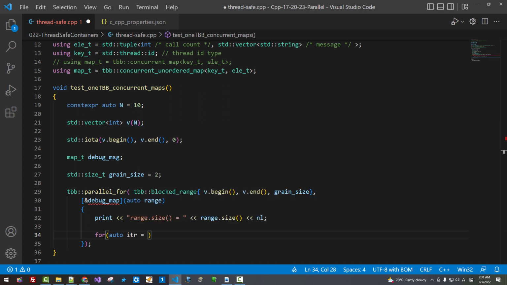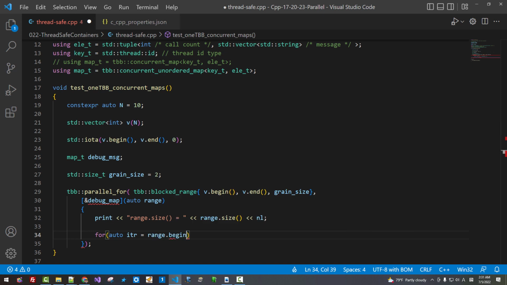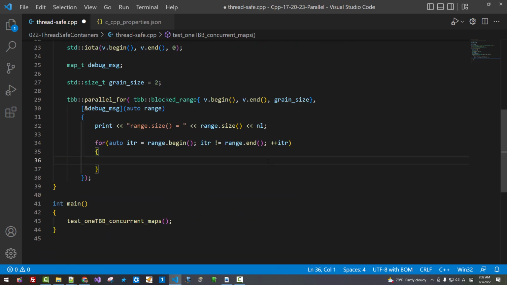This is an iterator. Range begin iterator not equal to range end, plus plus iterator. Why the squiggle? I misspelled. Now